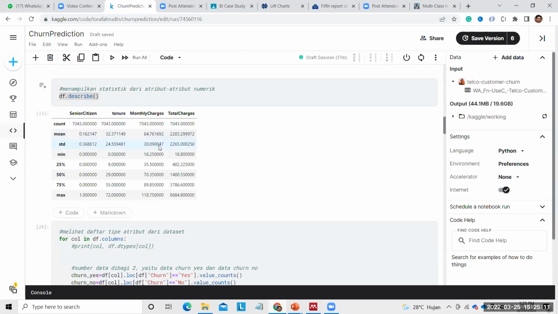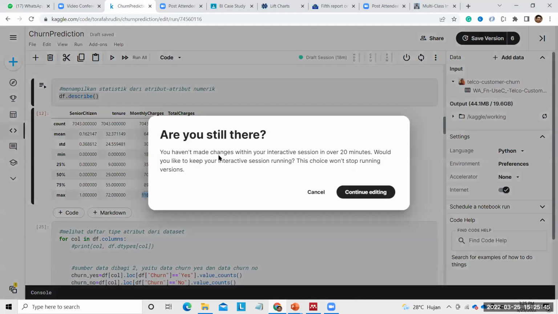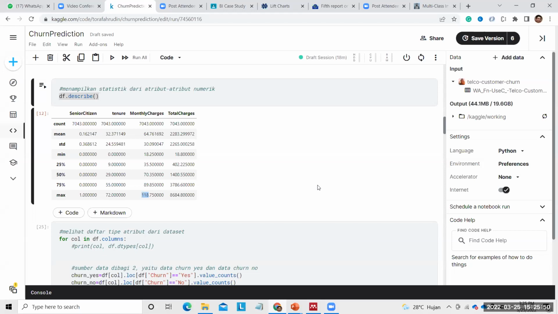Here we can see that tenure is about 0 until 72, but senior citizen is 0 and 1. Monthly charge is from 18 until 118. So it is in a different range. Due to the different range, it can make the classifier more difficult to learn, and the accuracy decreases or gets worse.